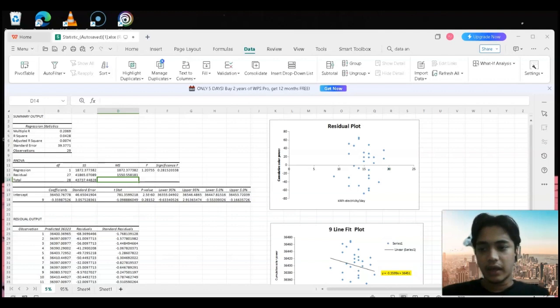Presenting about the regression output. So for the multiple R, it would be 0.2069 and the R square is 0.0428, which means that the data obtained has low significance between each other based on the results. For the standard error, it just means that the average value is